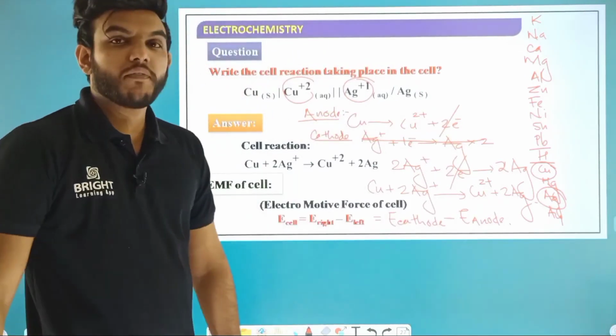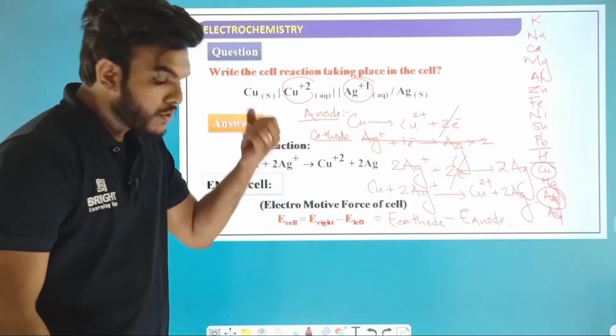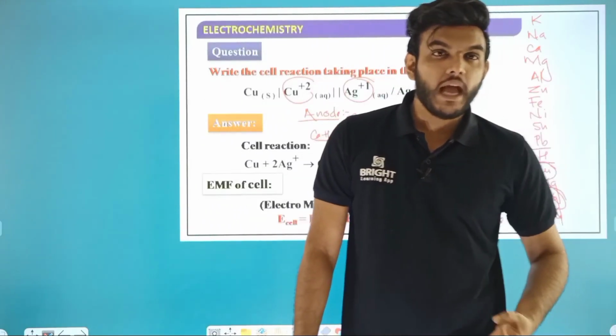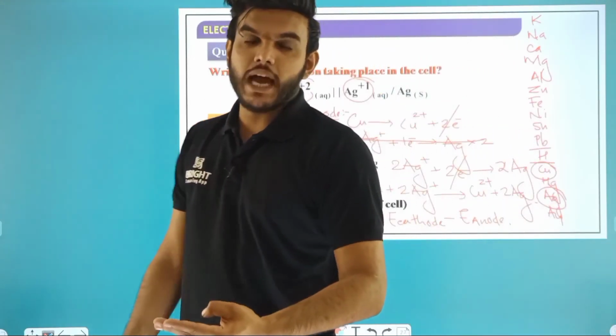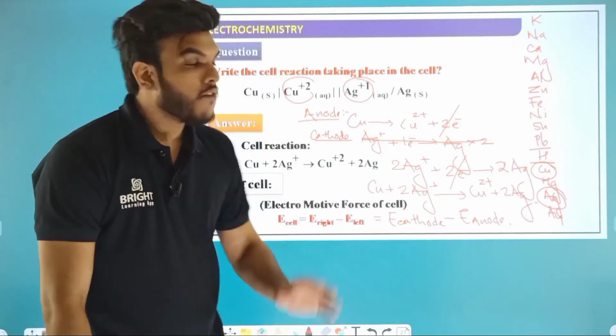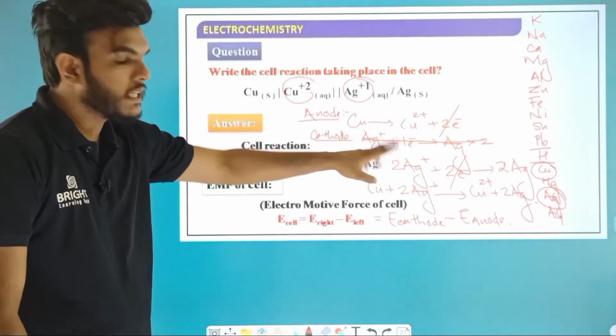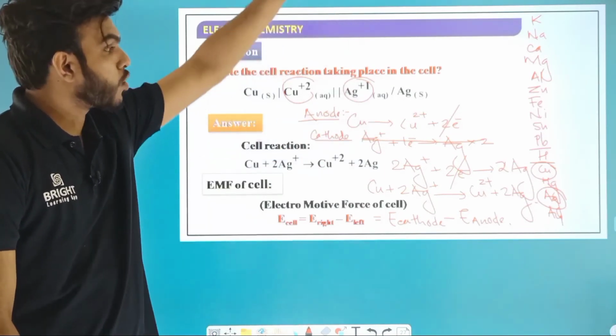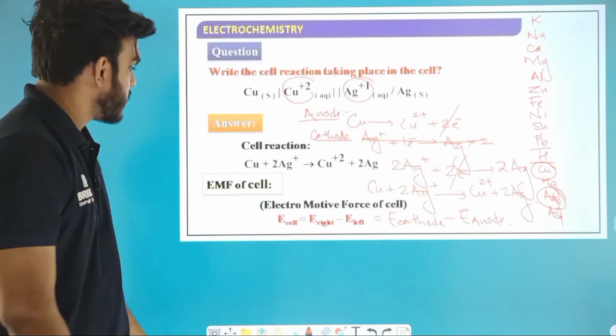So you are studying a lot of things in a simple condition itself. Now you have studied the galvanic cell, how to represent the galvanic cell, how to do the reaction at the anode, how to do the reaction at the cathode, and how to get the overall reaction from a simple reaction. All these concepts you learned very clearly based on a simple reactivity series.